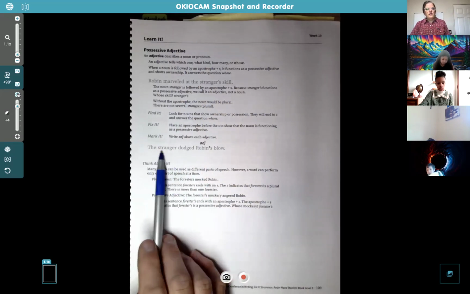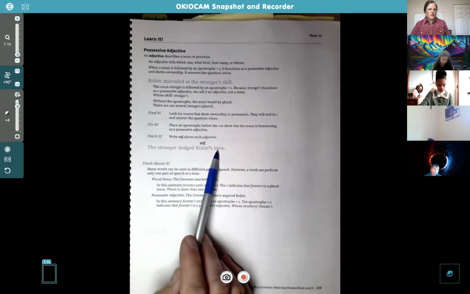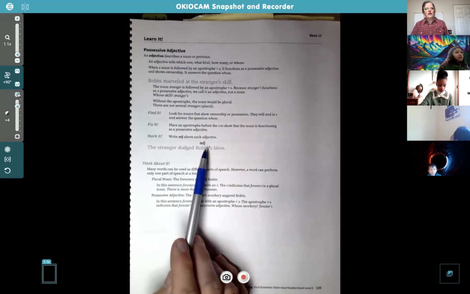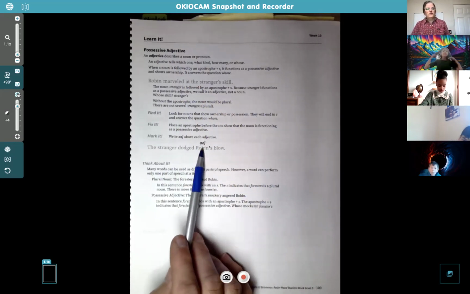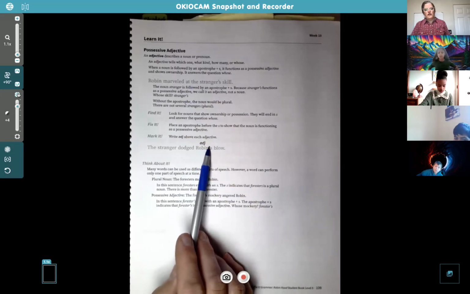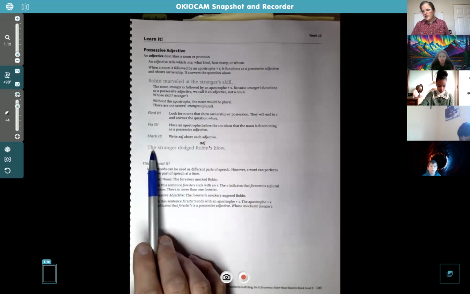So jump down here. Basically, what you're going to do in this book is put in the apostrophe when it needs it or take it out when it doesn't need it, because they'll mess up on that on purpose just for you guys. So if it's supposed to be a plural noun and it has an apostrophe, then you'll remove that apostrophe. If it's supposed to be telling whose as an adjective, you'll put in the apostrophe and label it ADJ for adjective. So this one says the stranger